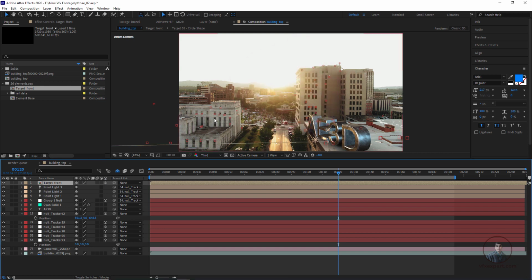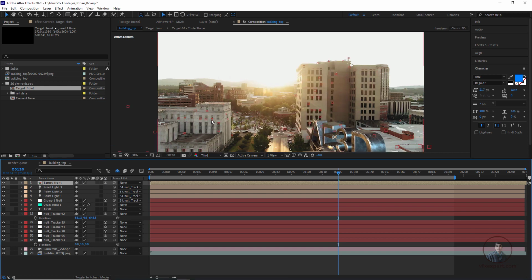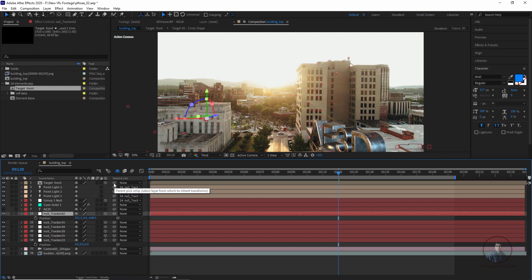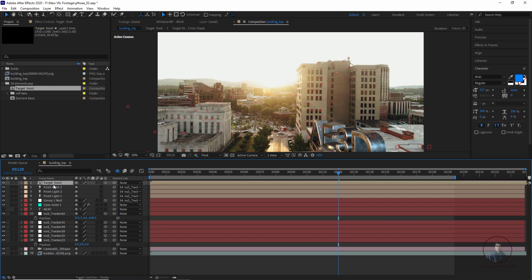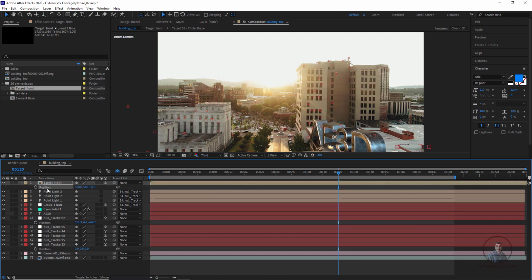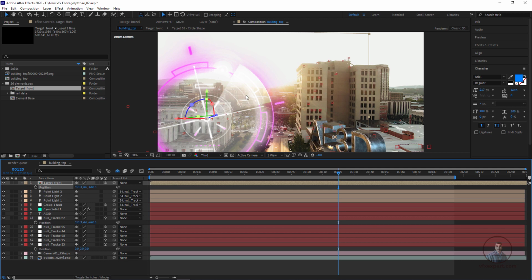Then we have to select some locators on these buildings, where you want to place this element. So maybe here, just simply select. Maybe this is our locator. Then you can simply copy this position and paste it onto the 2D element, or simply hold shift and connect it with this null tracker. So select this position, now Control C to copy, then select this 2D element, press P and Control V to paste it here. Now you can see these are 2D elements. Then you can scale down.